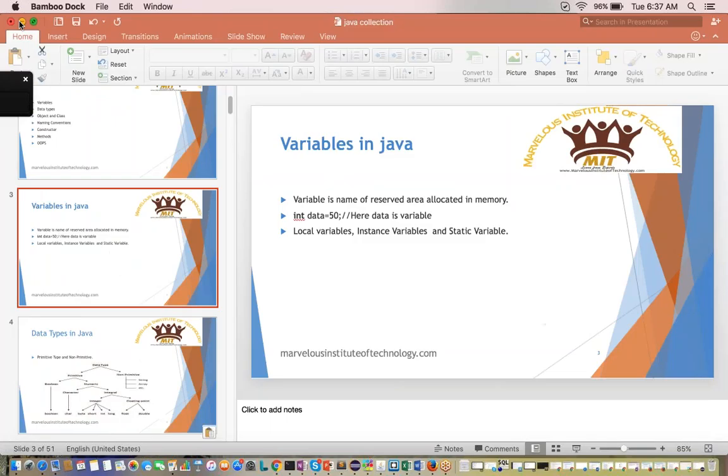Are you guys clear about the variables? It's pretty simple. If you understand the different types of variables, it's very easy to write different kinds of programs. Okay, let's go. When we start learning any language, we should know